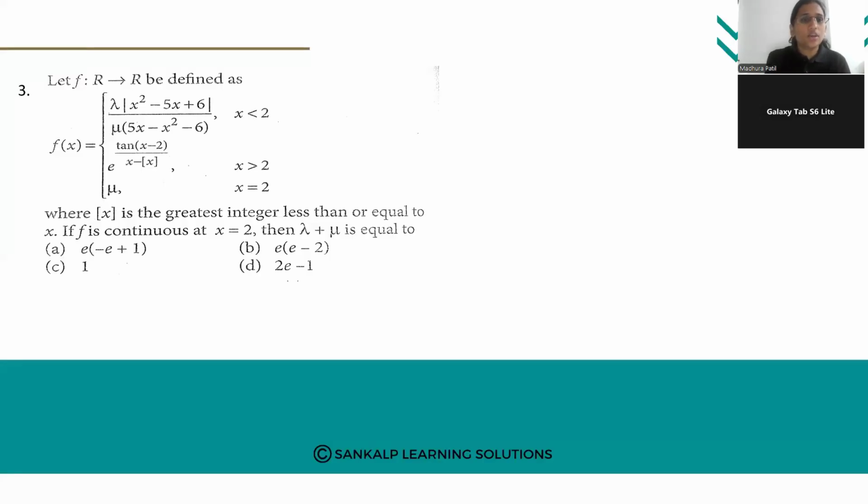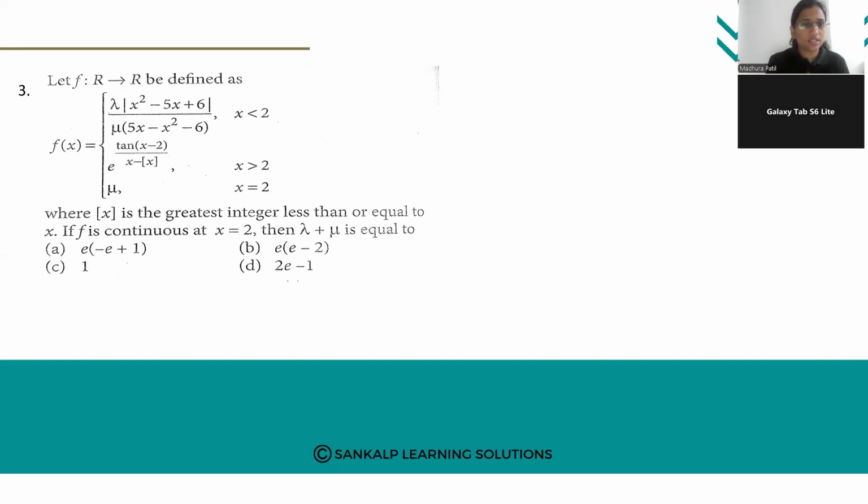Hello everyone. Today we have a JEE question on continuity and differentiability. The question goes as: let f be a function from the set of real numbers to real numbers defined as f of x equals lambda times modulus of x square minus 5x plus 6 divided by mu times 5x minus x square minus 6 if x is less than 2,